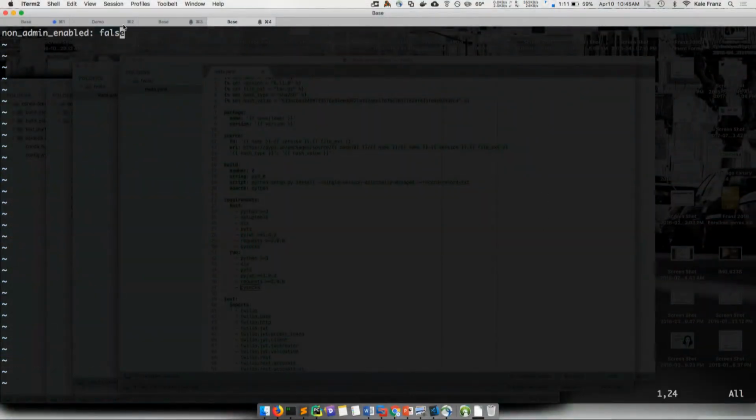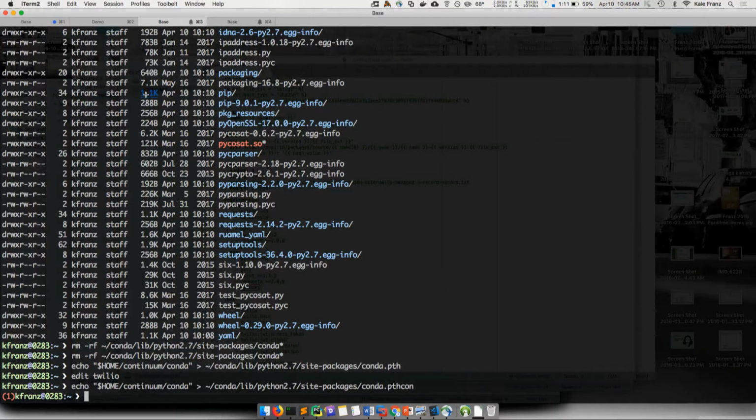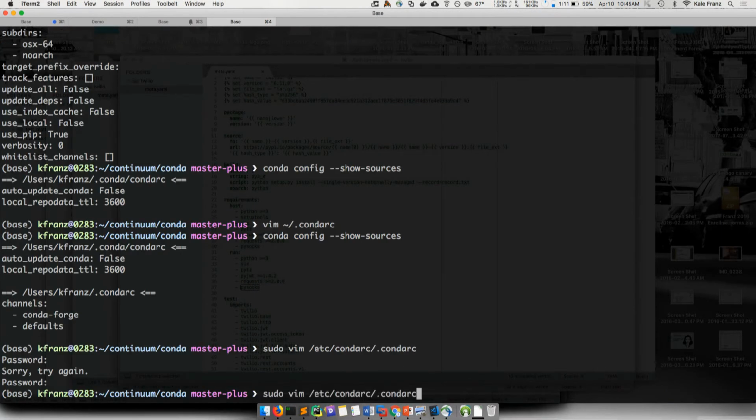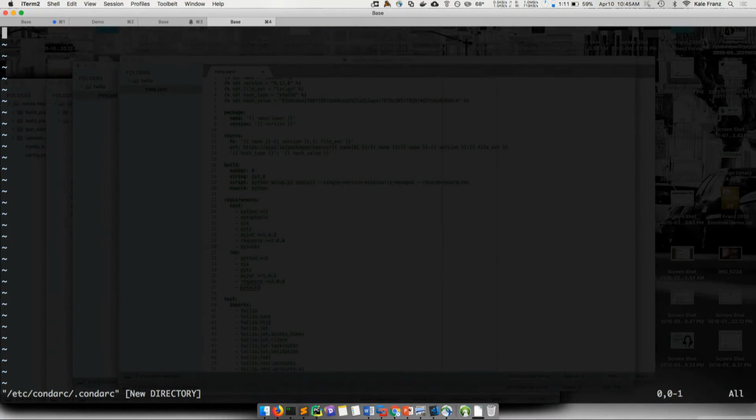If we turn this off, I didn't use sudo, I guess. I did use sudo.